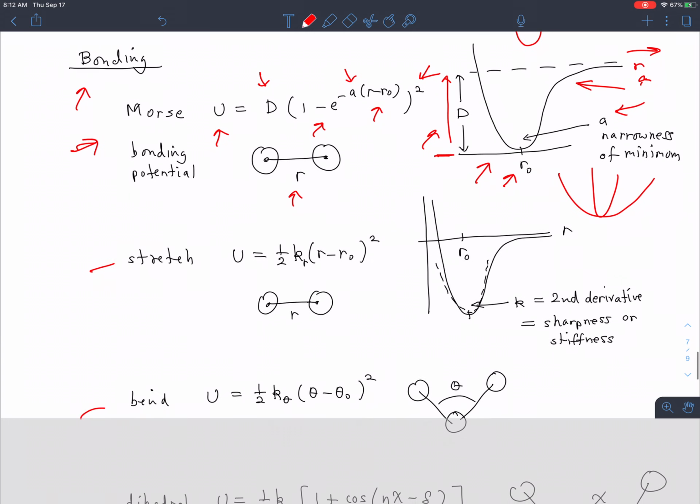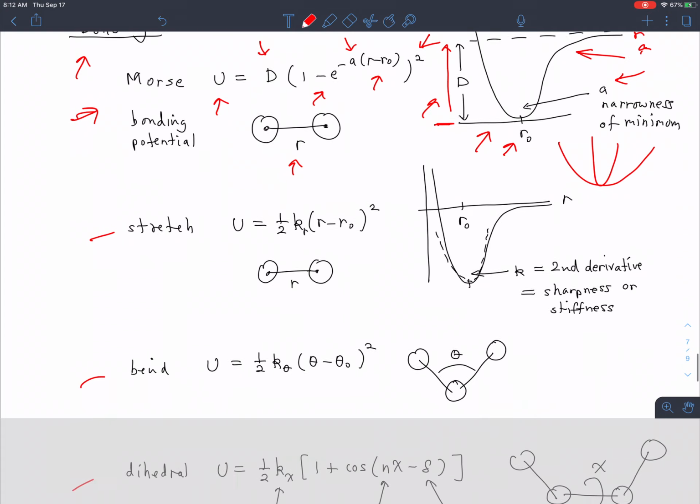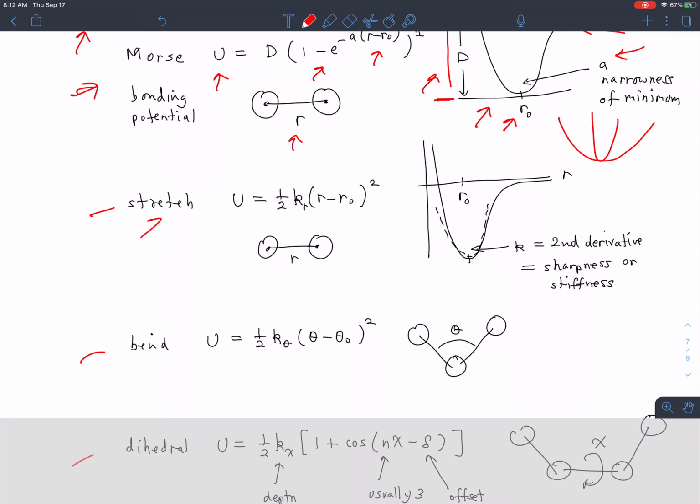The Morse potential is widely used as a sort of phenomenological approximate way to describe the bonding characteristics between two atoms in practical calculations. If I'm not worried about actually breaking a bond, I'm just worried about stretching the bond a little bit, if I'm worried about vibrations basically, then I can approximate the energy of interaction between two atoms with